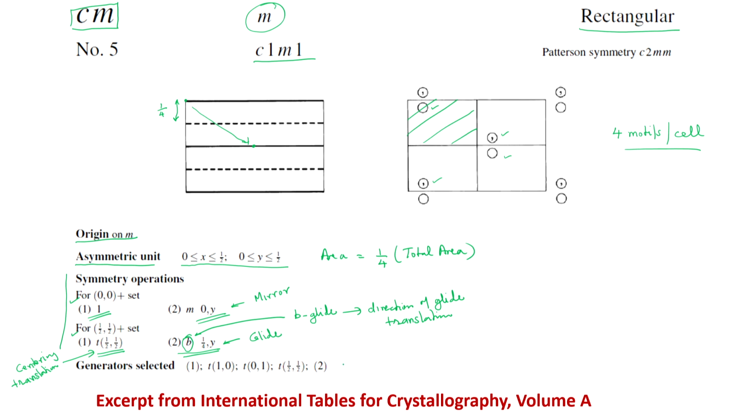This is again the minimum generators, minimum symmetry generators to populate the entire pattern. Identity, these are the translations, and now it is not just along A and B, like this is A, this is B, but this is the centering translation, which is basically A by 2 plus B by 2, and this represents the symmetry number 2, which basically is this, which is basically nothing but mirror on 0, comma y. So, that I think I have covered everything in this first part.